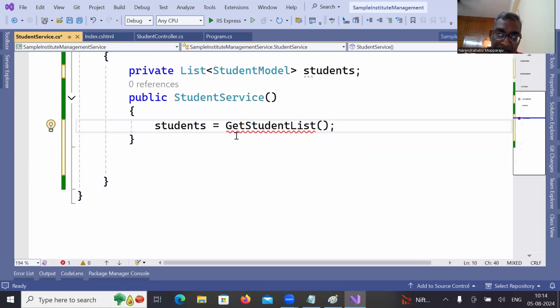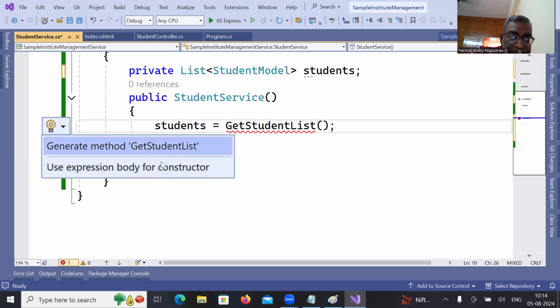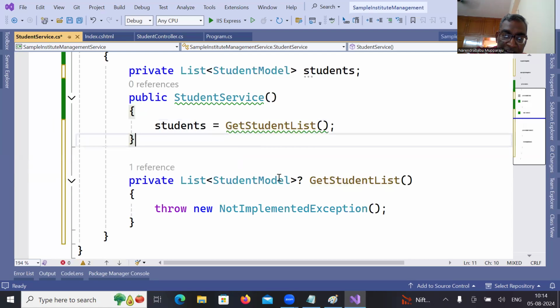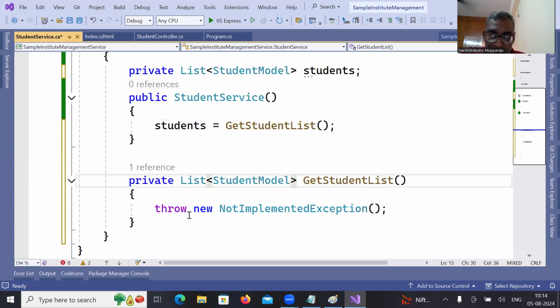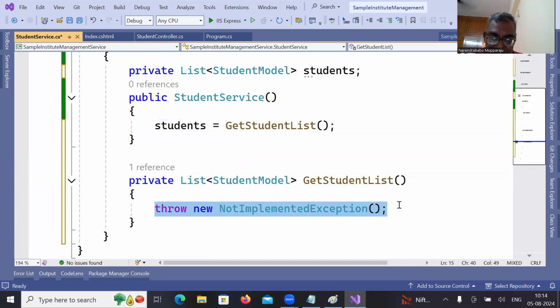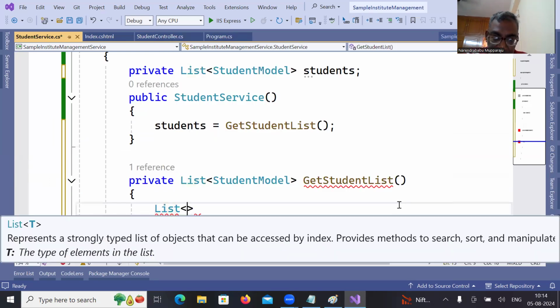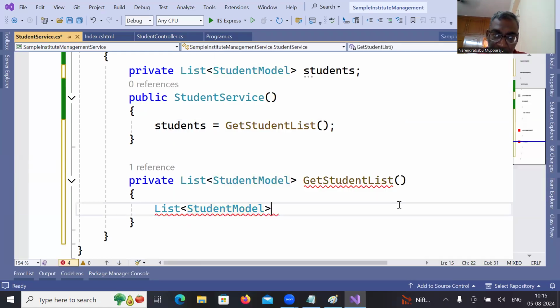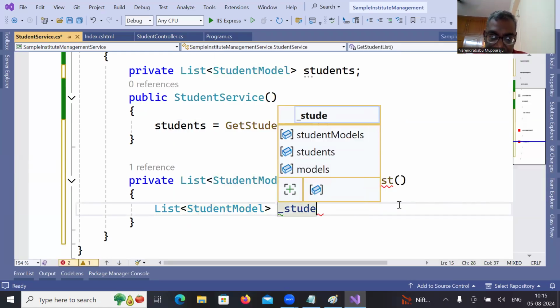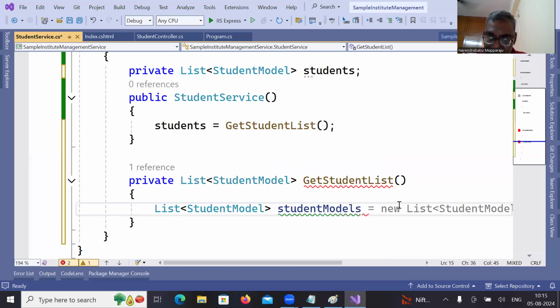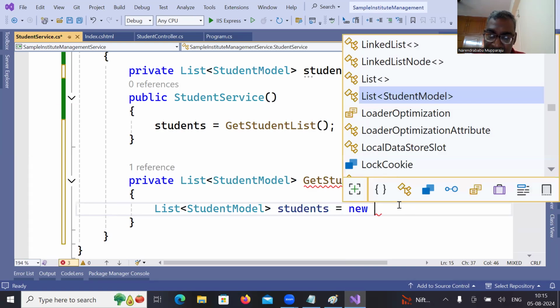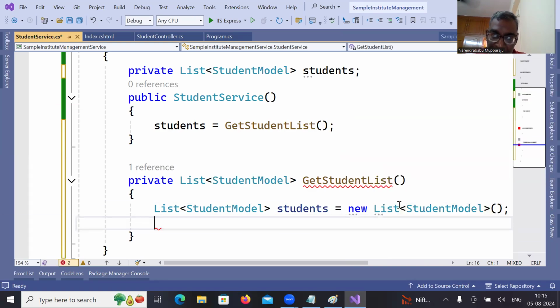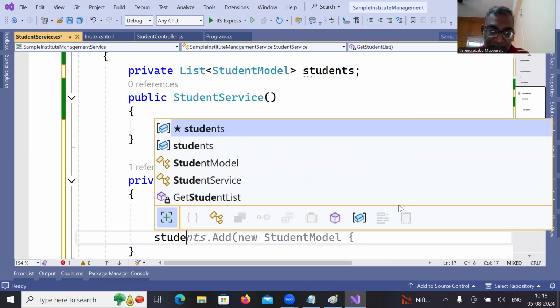What will happen? This method will get invoked internally. Quick action, generate a method. Now you see, I got the student model list method. Here I'm trying to create a list of student model, underscore students. No, I don't want models, I'm removing this. Equal to new of student list. Right here, students dot